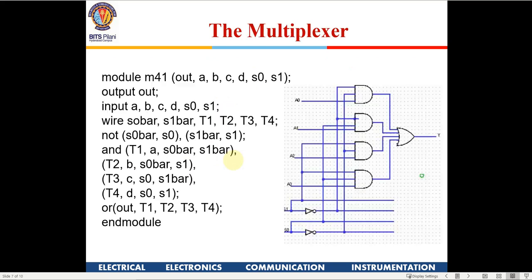Okay, so the next thing which we are going to learn today is the multiplexer. So we know how a multiplexer looks like, right? You have the select lines. If you have 00, A0 will be routed to Y. If you have 01, A1 will be routed to Y. For 10, A2 will be routed to Y, and for 11, A3, the next one, will be routed there. So you have 4 different inputs and 2 select lines. One of the input lines will be routed to Y.